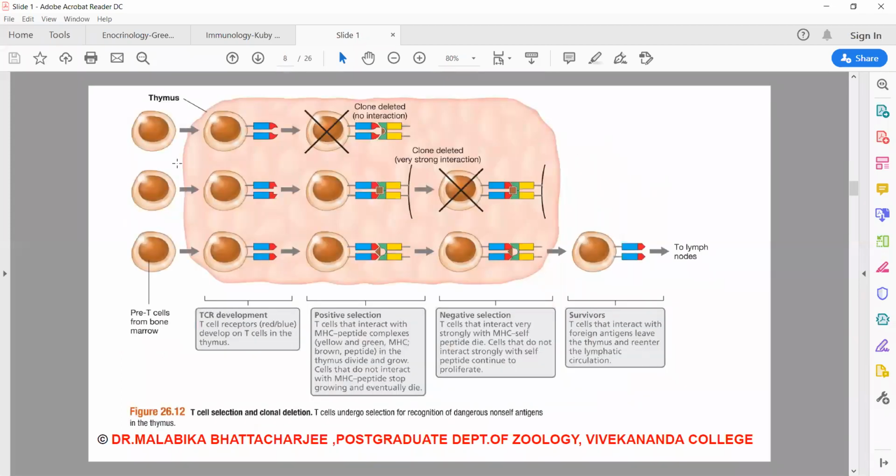Now, this is a very schematic representation of how the receptors develop stage-wise once the pre-T cells enter the thymus. As you can see, we all know that the T cells have a prominent T cell receptor. We had studied that in our previous class. They have a prominent T cell receptor and they have a co-receptor, either CD4 or CD8. So the actual process of the schooling is that when the final lymphocytes come out, they will either have a T cell receptor with an active CD4 co-receptor or a T cell receptor with an active CD8 co-receptor.